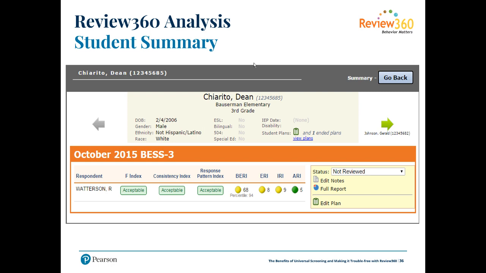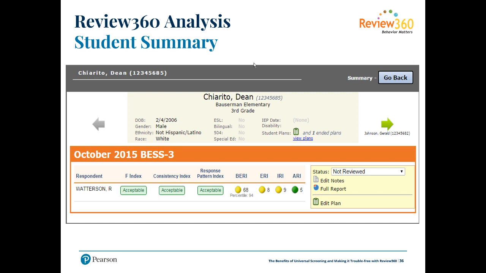I can click on a full report. If I was to click down the corner and hit full report, it would take me to the next screen, and it actually will show you everything, the scores, plus how the teacher filled out the form. One thing before we leave the screen, if you go down here, if he didn't have a plan in place, where it says edit plan, it would say create plan. If you hit create plan when you're moving in that direction, it'll actually tell you some good ideas for objectives